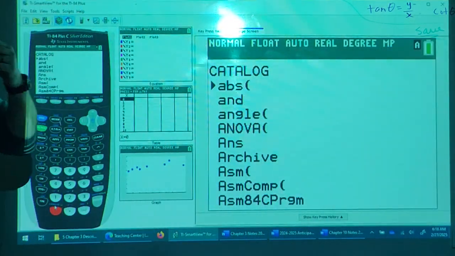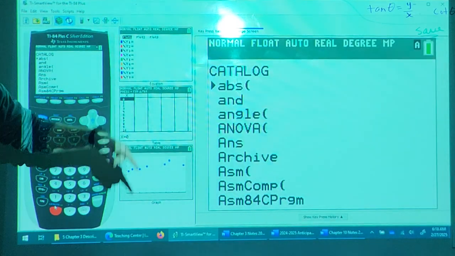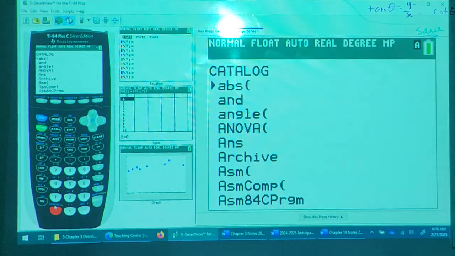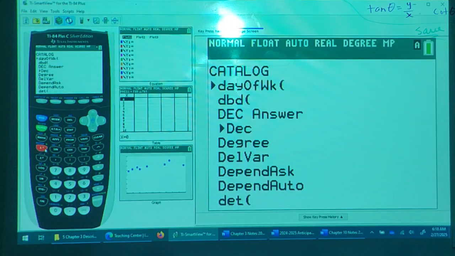We want to go down to the D section. You can keep clicking the down arrow, or use the shortcut: right above the x to the -1 button, there's a green D. If you click that, it'll jump down to the D section of the catalog. Okay, and what we're looking for